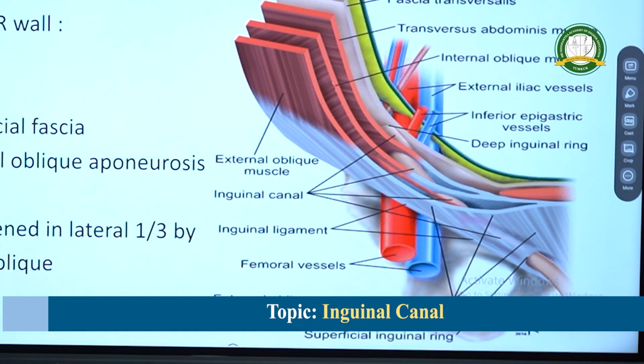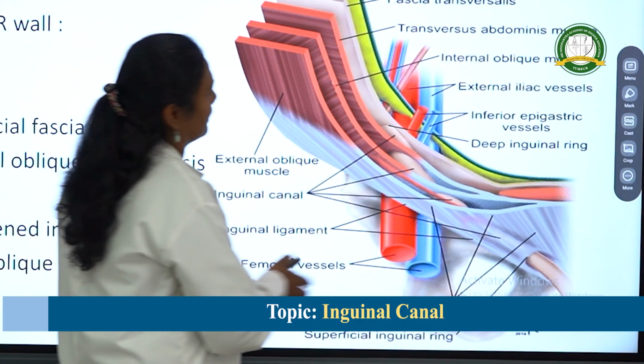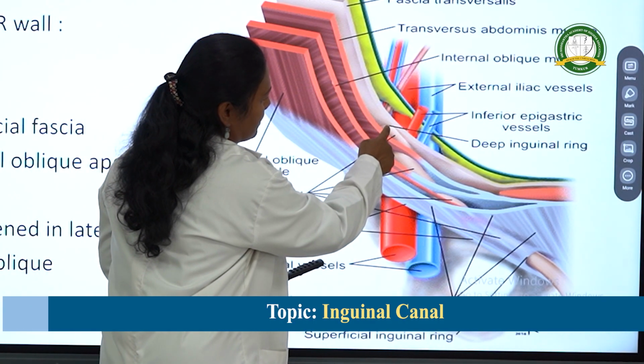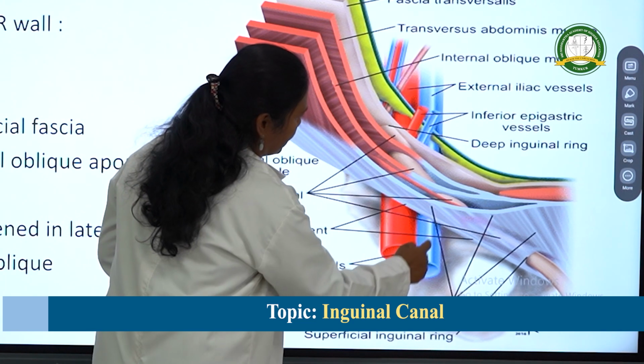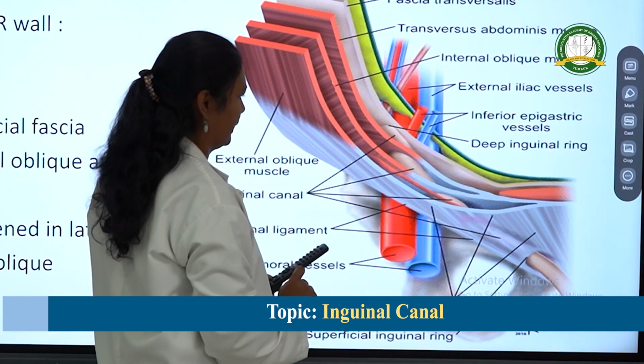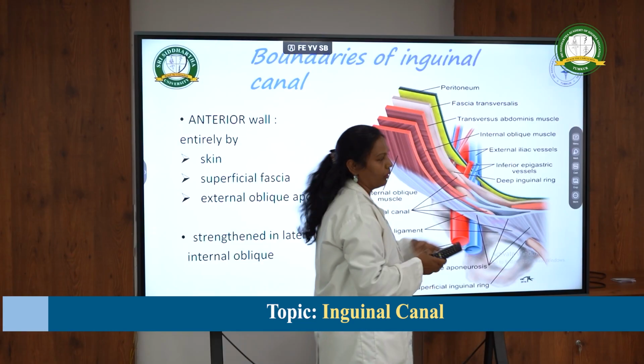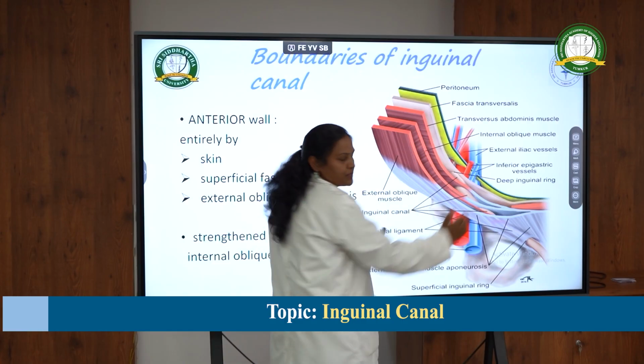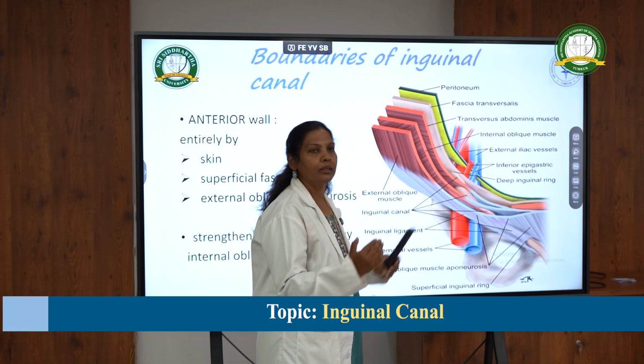Okay, next moving on to the next boundary. That is the anterior wall of the inguinal canal. So this is the inguinal canal extending from the deep inguinal ring to the superficial inguinal ring, right? Okay, so anterior wall in its whole extent, that is from deep inguinal ring to superficial inguinal ring,